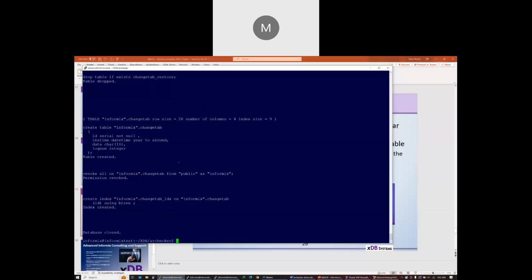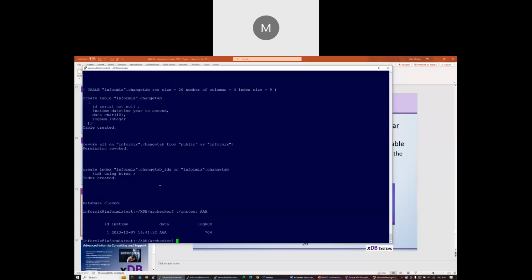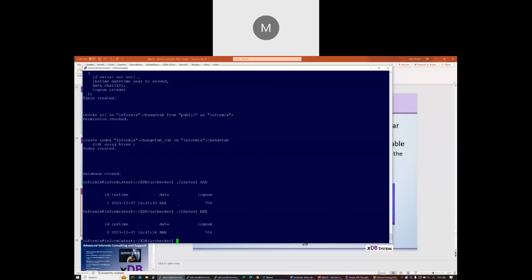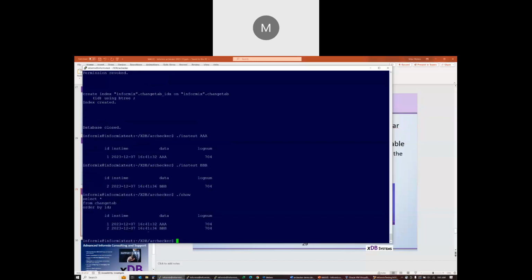Okay, so it's a very simple table, just a few columns. So that's that, and I've got a script to insert some dummy data here. I'm just going to add a couple of rows. And this data is just so I can separate the columns here, the records. So let's see what we've got in here now. So we've got 2 records,